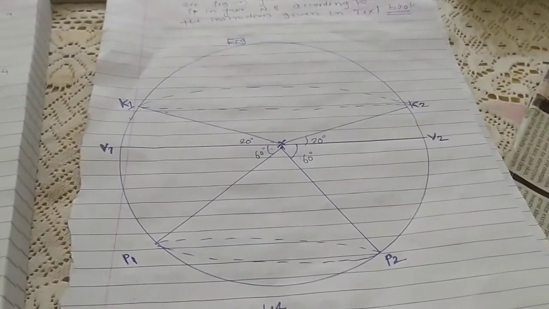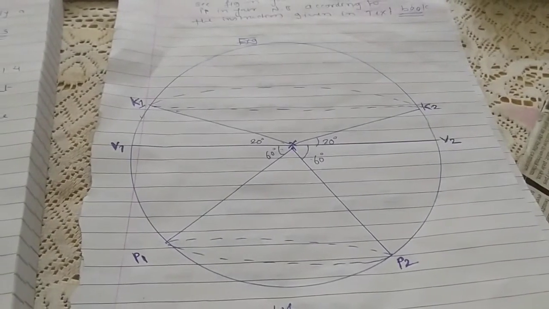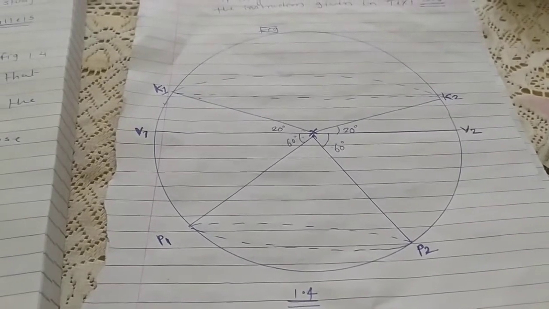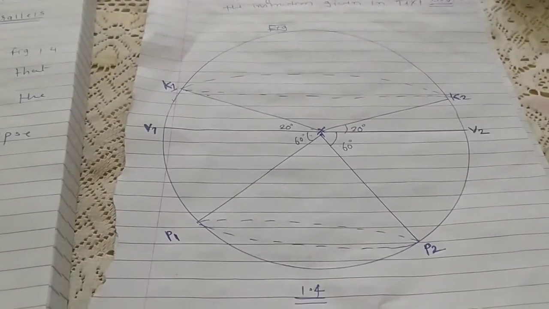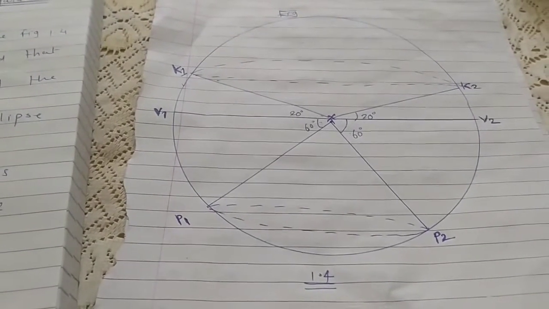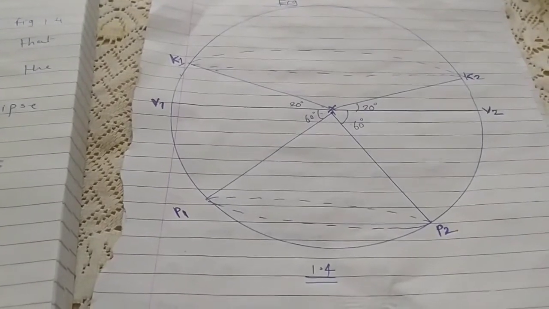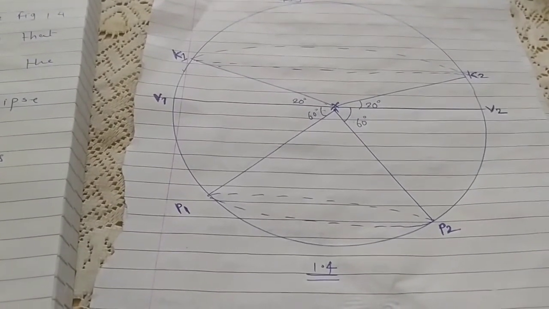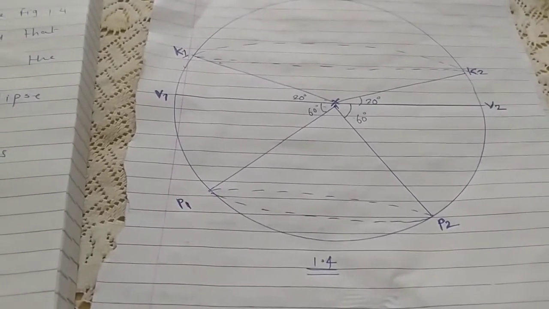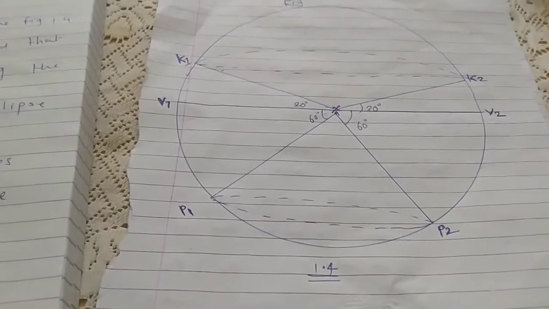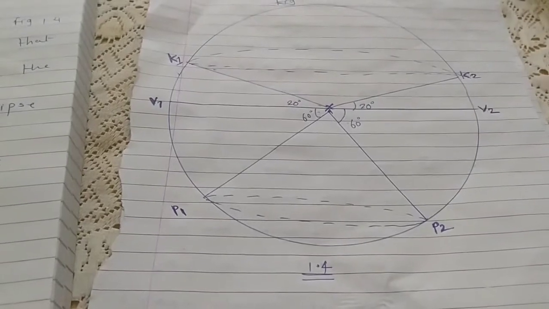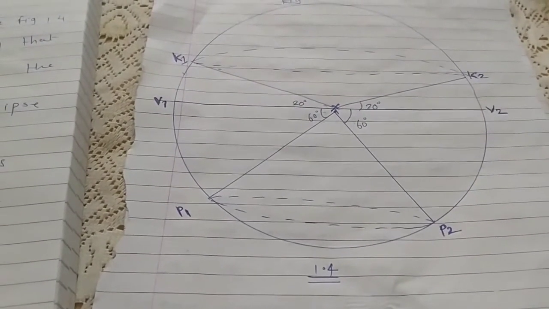In this class, we will study a new concept, that is parallels of latitude. Observe figure 1.4. You must realize that the ellipse drawn by joining the 20-degree points is larger than the ellipse that joins the 60-degree points. However, the distances XK1 and XP2 are the same. This is because we are dealing with a sphere. In the diagram, the lines appear to be ellipses, but on the globe they are circles.